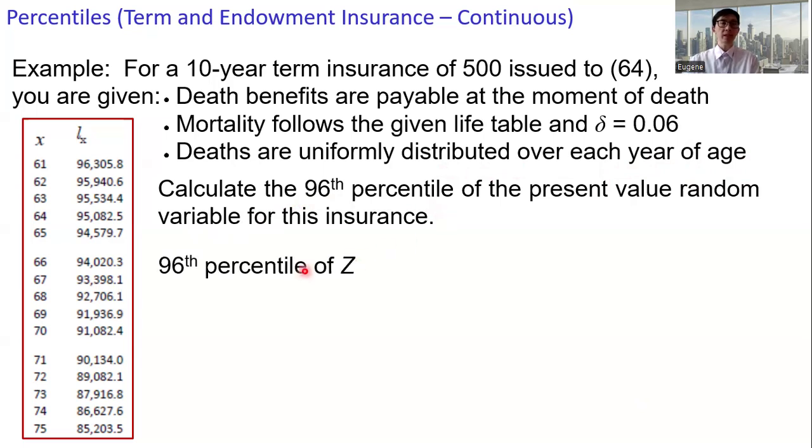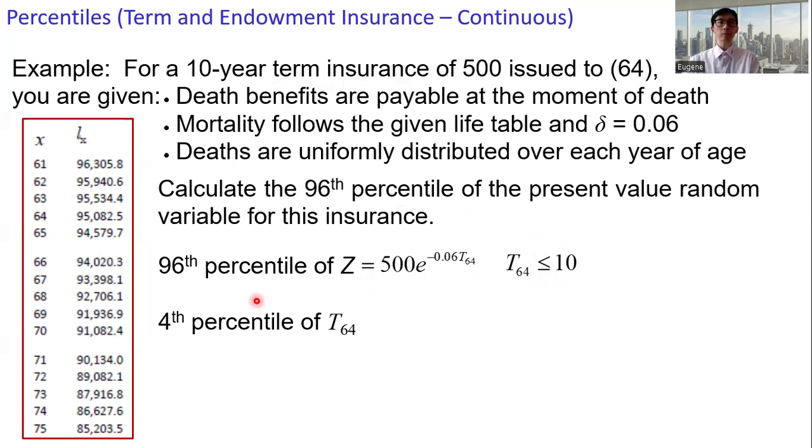All right, to get the 96th percentile of Z, where Z equals 500 times e to the power minus delta, which is 0.06, times T64. And this is a 10-year term insurance, so T64 should be less than or equal to 10 here. This is equivalent to finding the 4th percentile of T64. We want the value of T such that the CDF of T is 0.04. Given the life table,